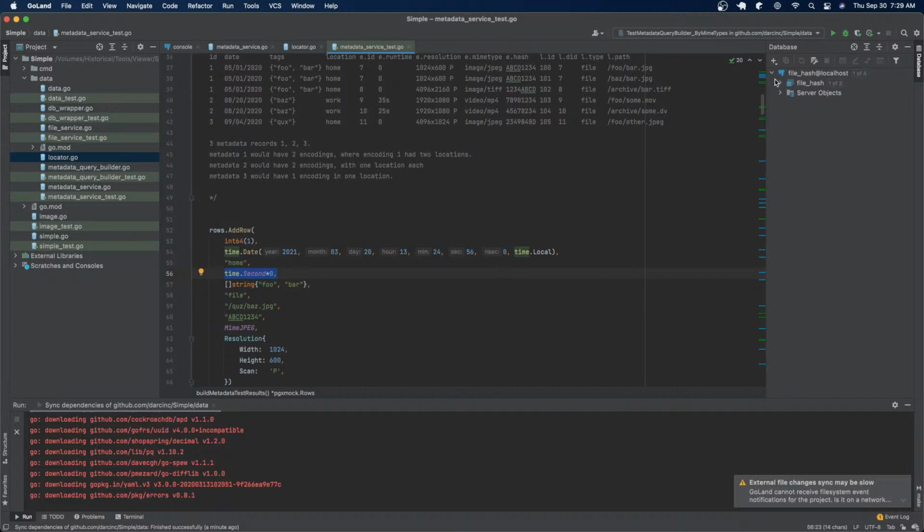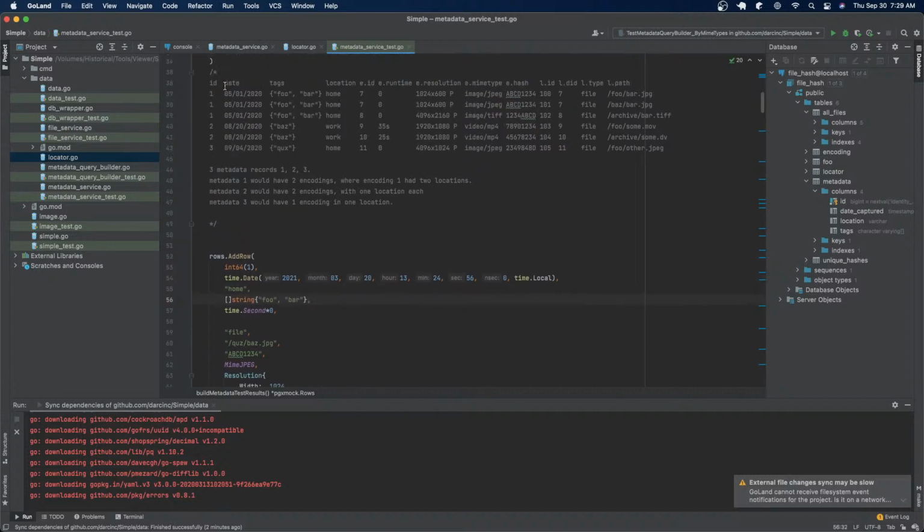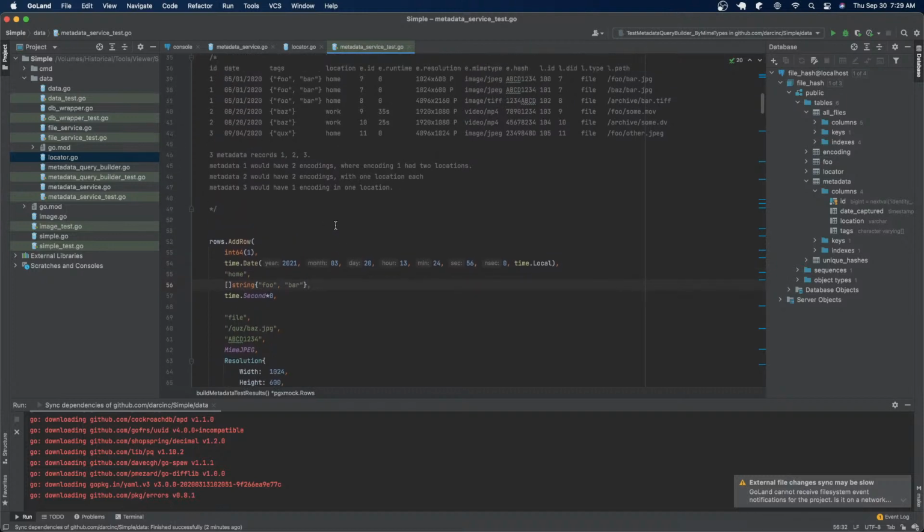So if we look at our database, we see that metadata now has date captured, location, and tags. Right? Date captured, location, and tags. They're reversed up here. Then we've got